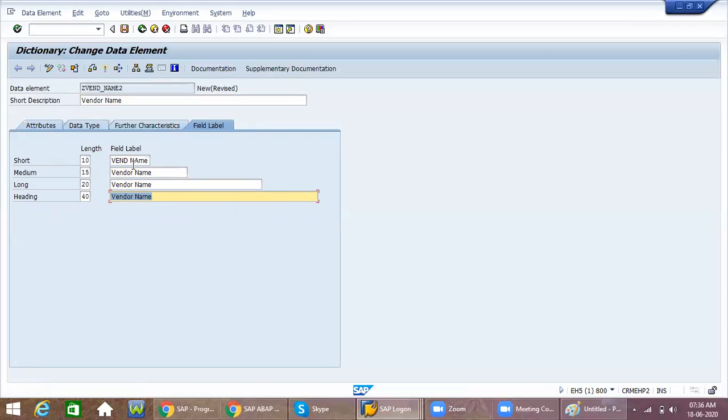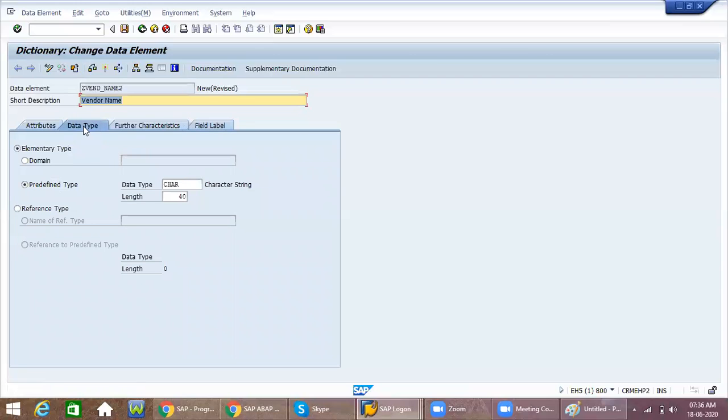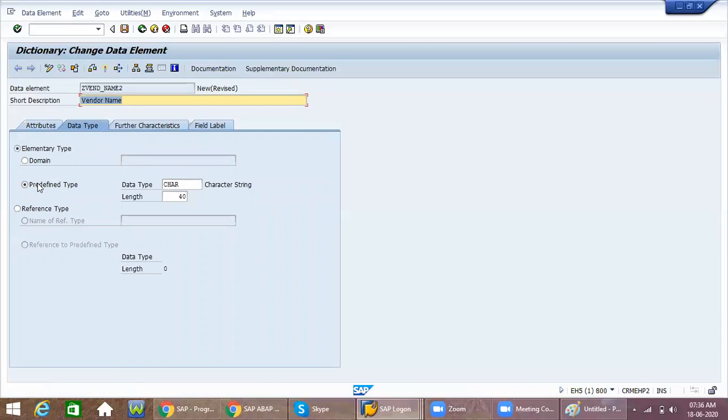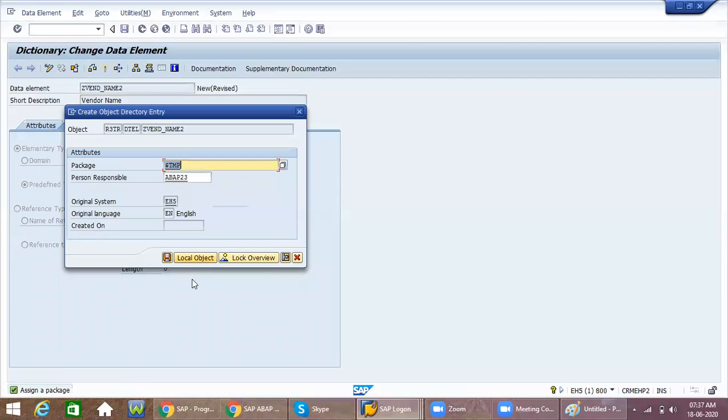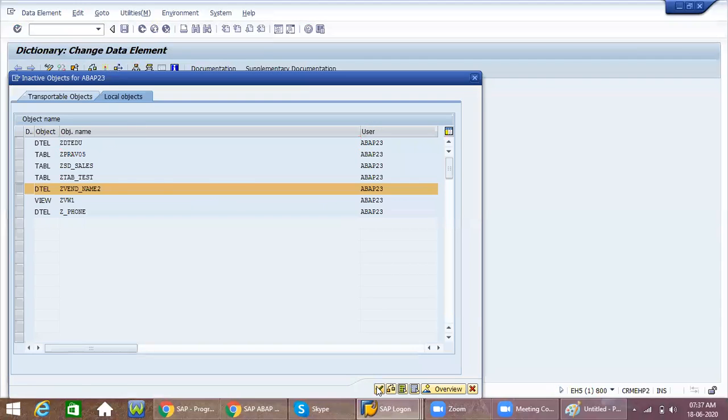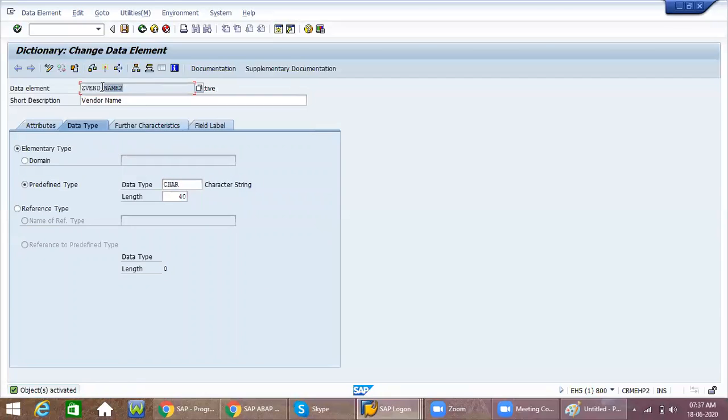After filling these field labels, come to the data type again. I filled the field labels and came here, but instead of domain, I'm providing this predefined type. After this, save, check syntax, and activate again. See, my data element is also created.